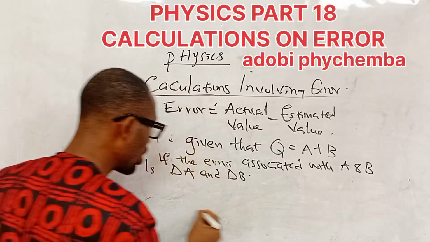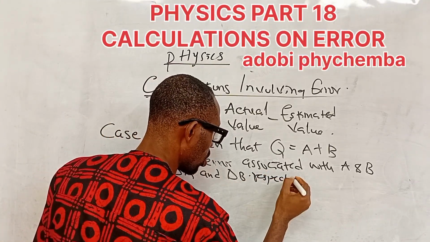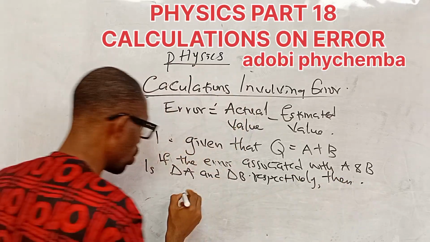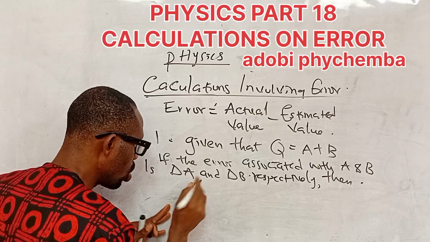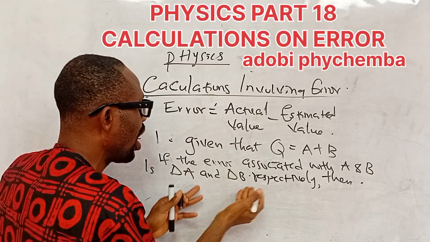Since we are given this, then respectively, since they're giving us change in A and change in B as the error associated